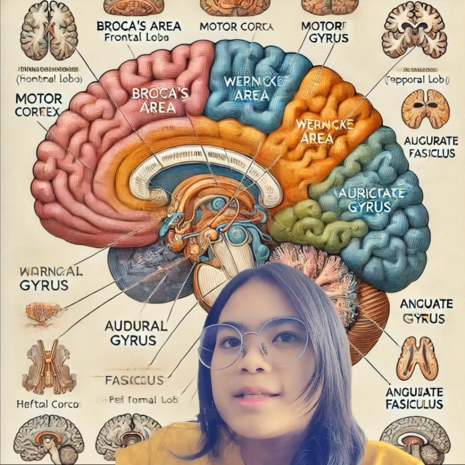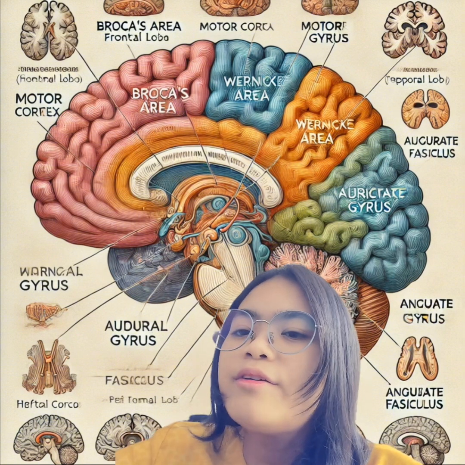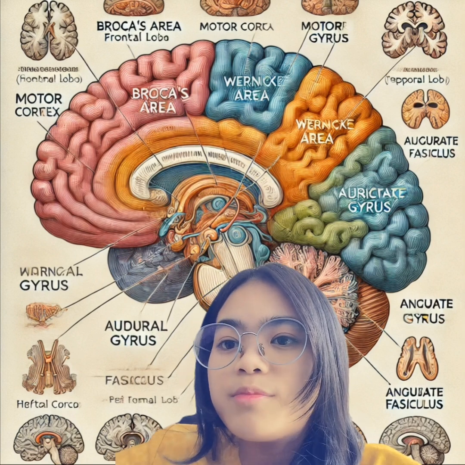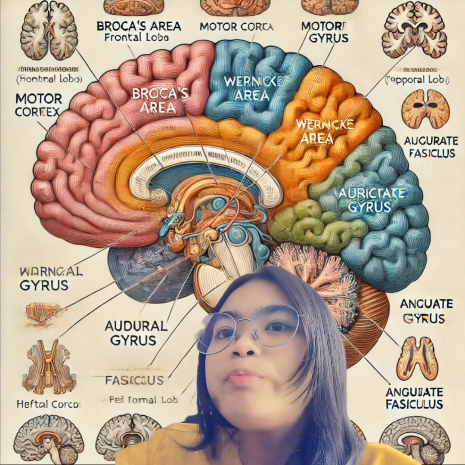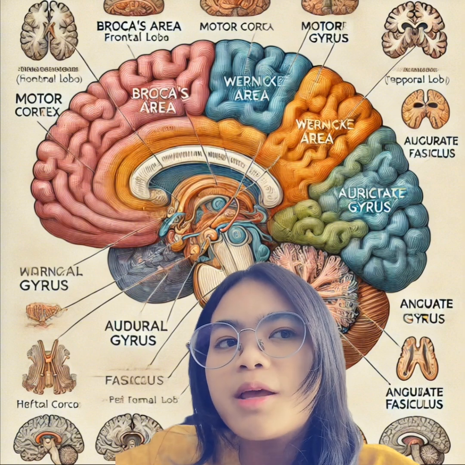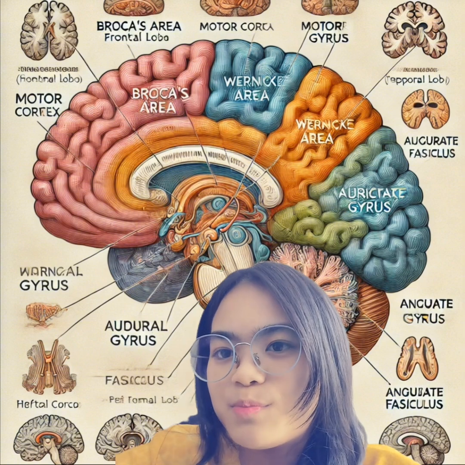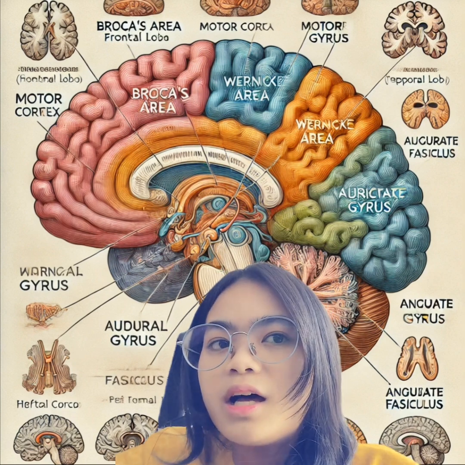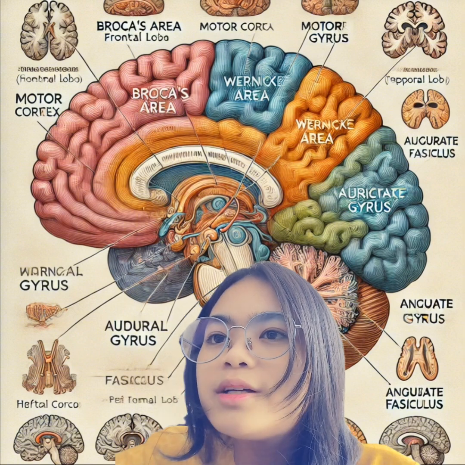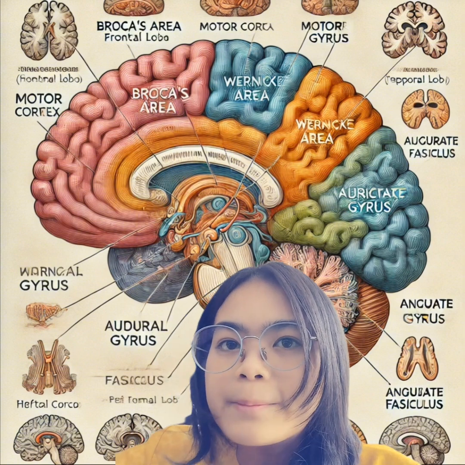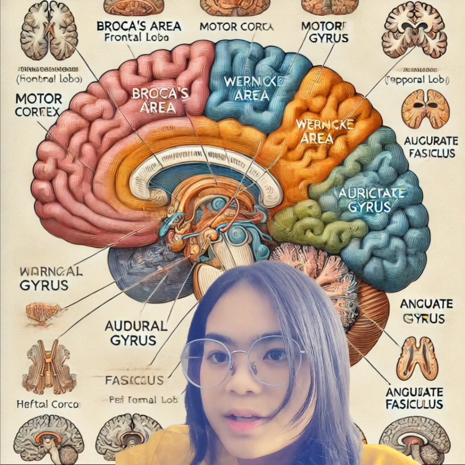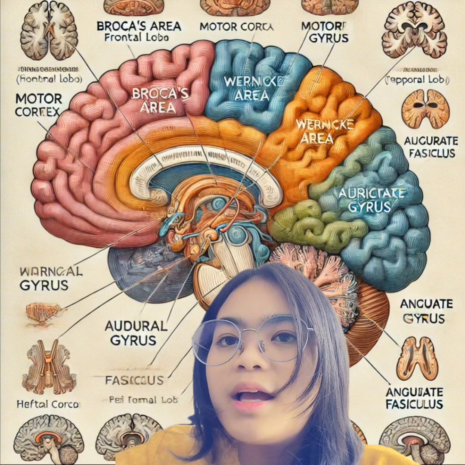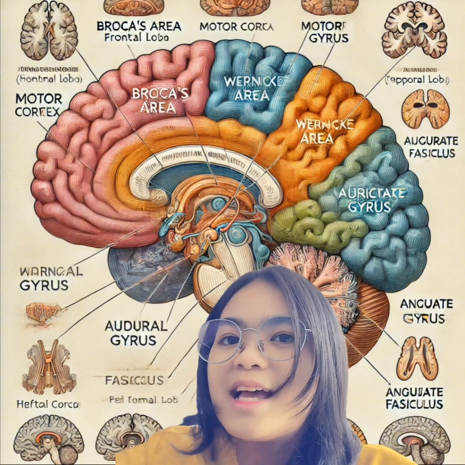To summarize, different areas of the brain work together to produce and understand language. The left hemisphere is dominant for speech, while the right hemisphere helps with emotion and tone in everyday speech. Damage to specific areas can cause aphasia, dysarthria, or difficulty understanding speech. Understanding how the brain processes language helps us appreciate how complex and incredible human communication really is.